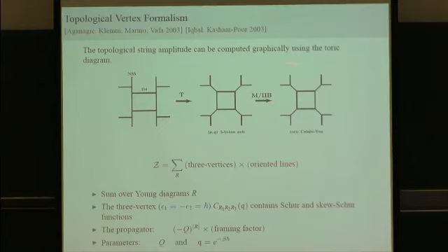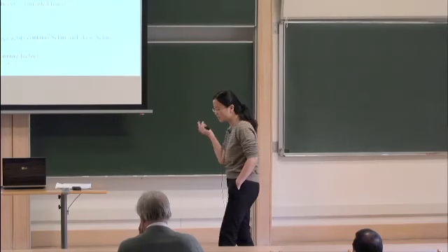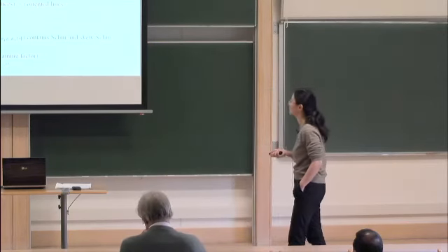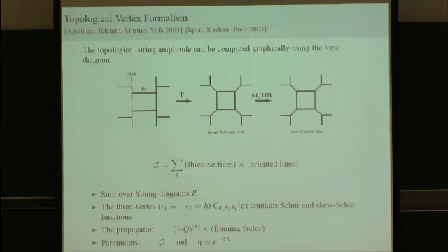For each vertex, you should compute the contributions from the vertices and also the lines. From each internal line, so these 4 ones, you assign a parameter which we call large Q,